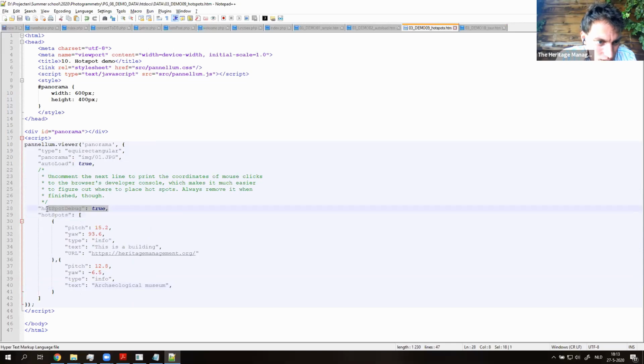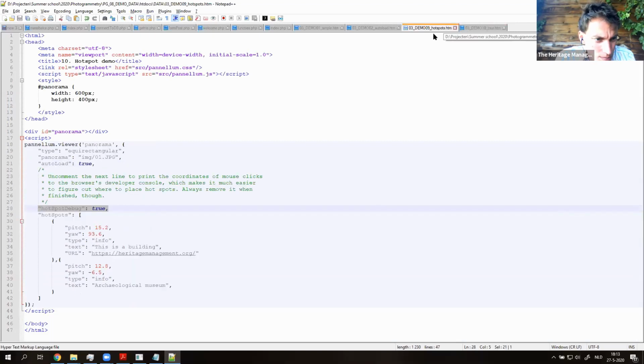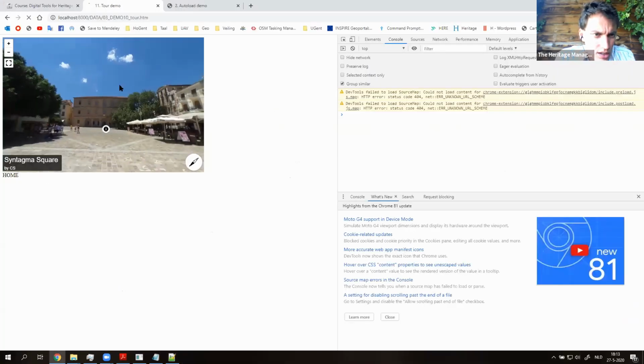and say, okay, we want this hotspot debug. We want to have it on. It's a parameter of the viewer itself. So I will just put it here. Yeah, I will just put it there. If I refresh,